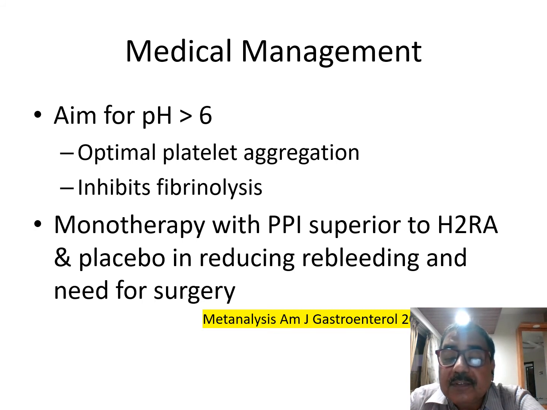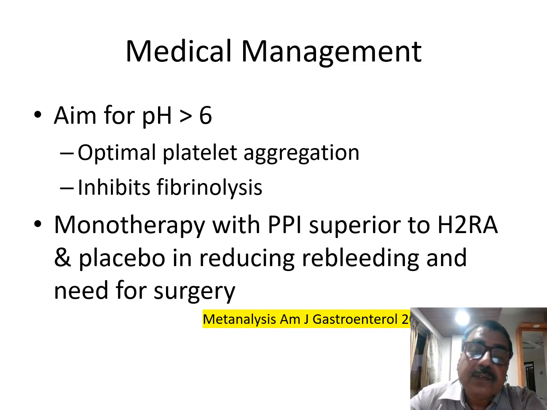And what to start with? Usually we start with 80 milligram of pantoprazole and 8 milligram hourly till we get the bleeding stopped. So medical management, this is the aim, this is the medical evidence we have, and that is why we have